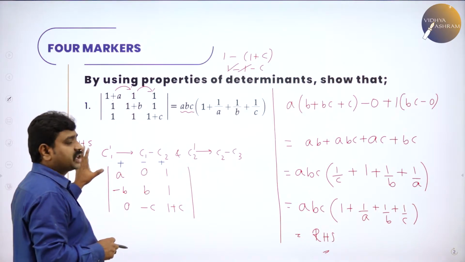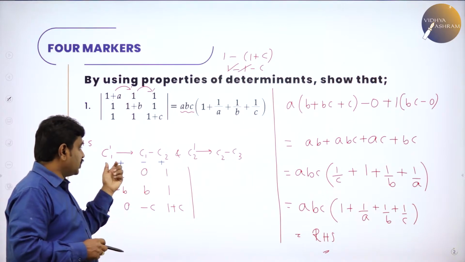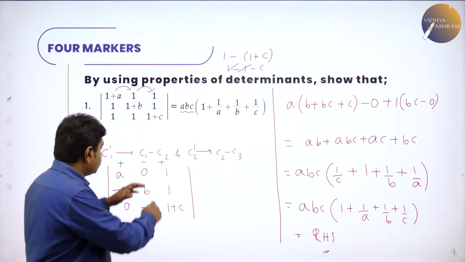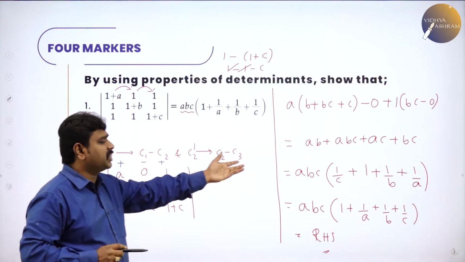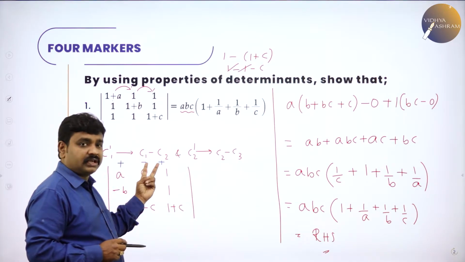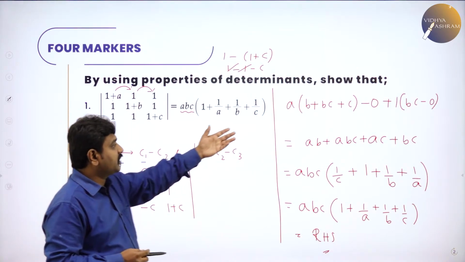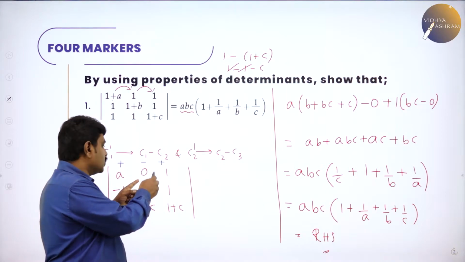So the best transformation is C1 minus C2, C2 minus C3. Column 1 is column 1 minus column 2, column 2 is column 2 minus column 3. If you do this, the length of the problem reduces. Once it gets reduced, then you expand by the normal method, you got the answer. So 2 operations we have done in one step. That is more than sufficient. Problem reduces, you can expand; the second element is 0 into anything is 0, just write 0 and go